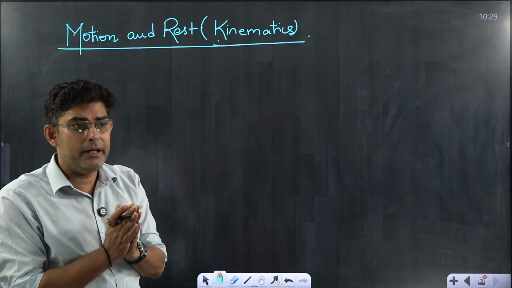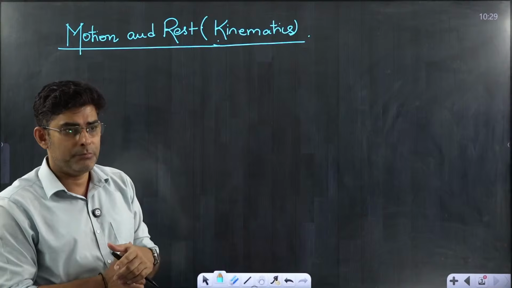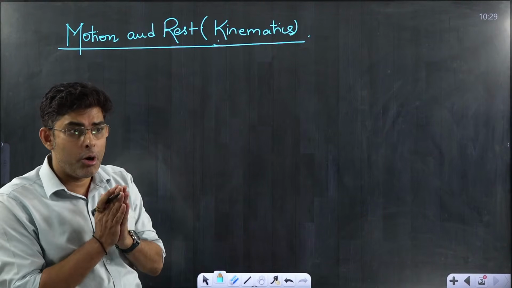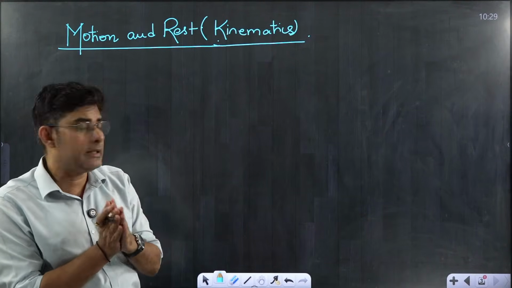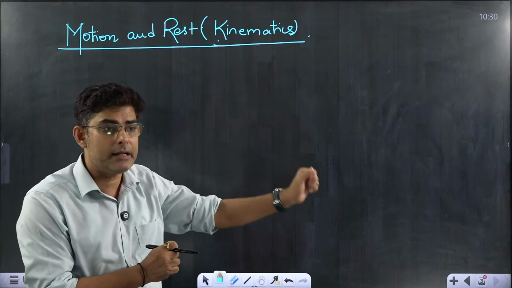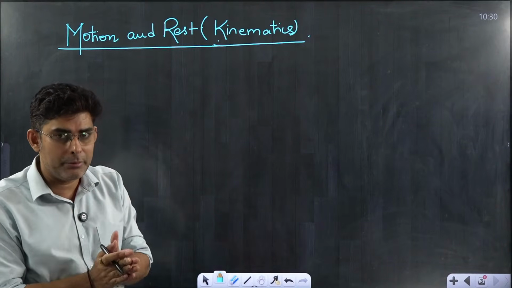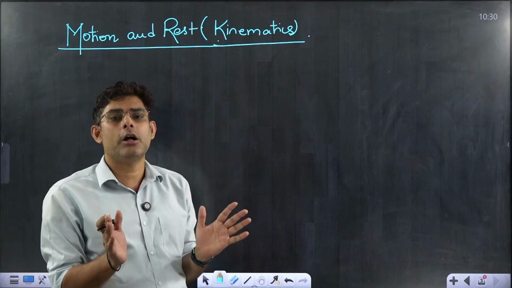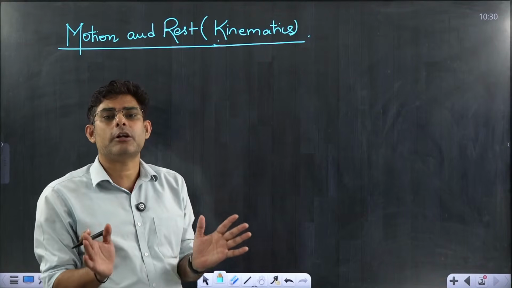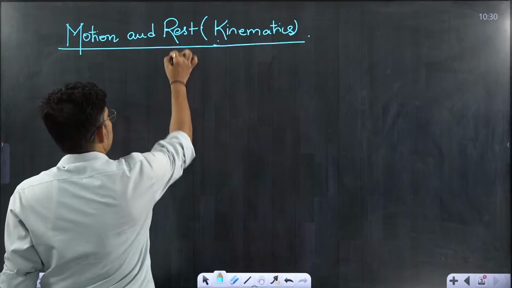It will depend on the observer who is observing. Until and unless I mention the observer, I cannot say whether a particle is at rest or in motion. So first of all, let me make this thing clear before you. There is nothing called a state of absolute rest or absolute motion. That doesn't exist. So we can say rest is